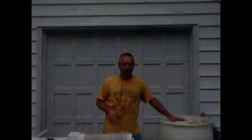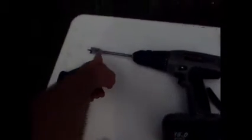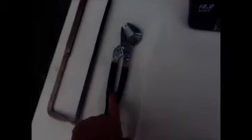So what I'm going to do right now is grab the camera, show you the materials you need, show you the tools that you're going to need for this project, and give you an up-close view of the barrel itself. Alright, let's take a look at what we need for this project. You've got your cordless drill here, and I've got a 3/4 inch drill bit in it. You also need a hacksaw, pair of pliers, utility knife, measuring tape, a pencil, sandpaper,